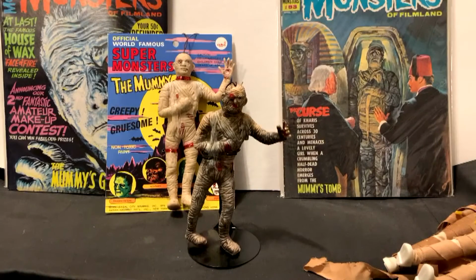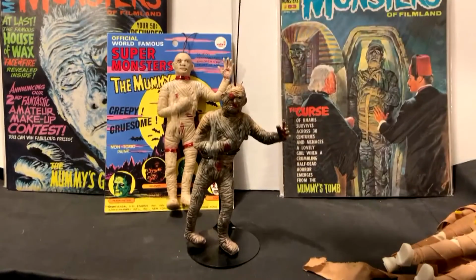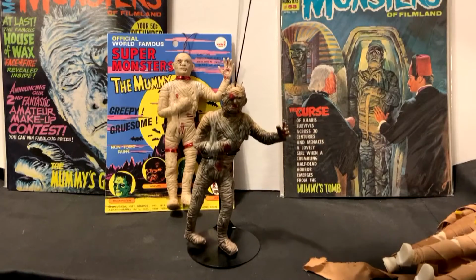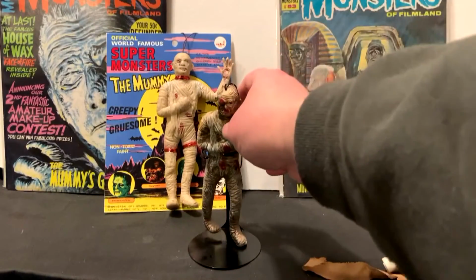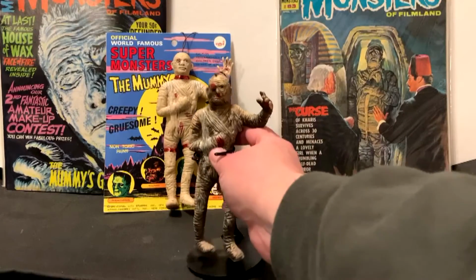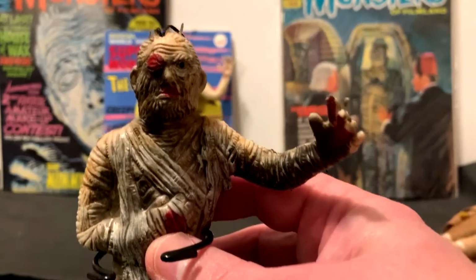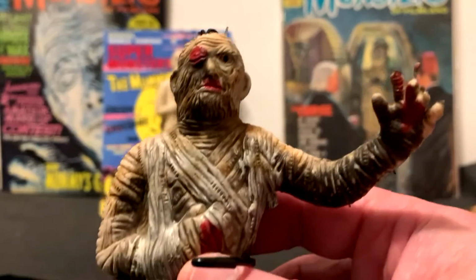And finally, we have 2 more vintage pieces here, also AHI, and these are what they call jigglers. They were made of sort of this softish rubber, and they would come on these little elastic bands, and you would hang them from the rear view mirror of your car or your doorknob or your bedpost when you were a kid. And you could pick them up fairly cheap at Woolworths and various places. This is a smaller one. It's turning color because the petroleum in the rubber starts to degrade over time, but he's still in very good condition. And he's got the bloody hand and the bloody...